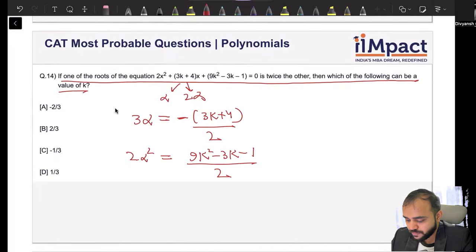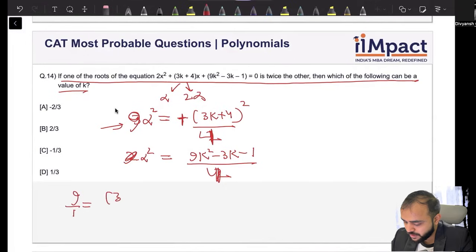So, I can square and divide. There are a lot of things that I can actually do. So maybe let me do this only. Let me square this one, which will give me 9 alpha square. This will become 3k plus 4 whole square, and this will become 4. I will shift this to this side. If I divide these two equations, I will get 9 by 1 is equal to 3k plus 4 whole square divided by 9k square minus 3k minus 1, let me just write it like this,